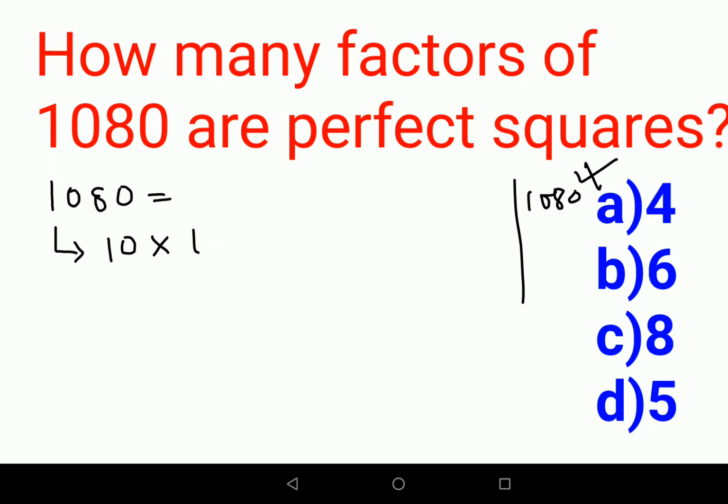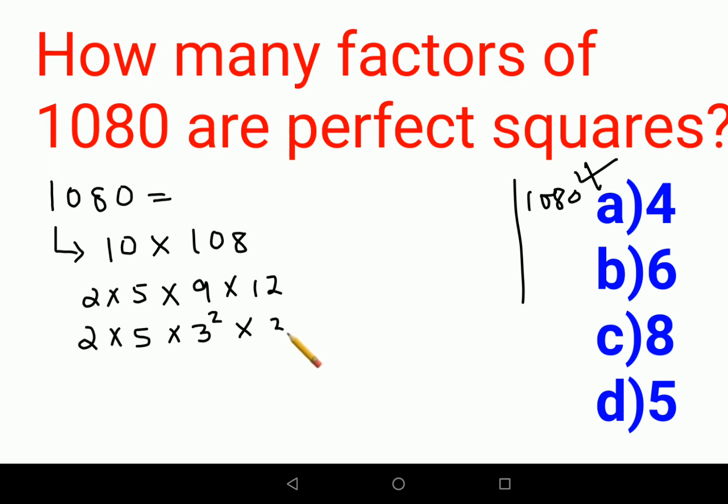Okay, I can write this as nothing but what? 108 into 10, where 10 can be written as 2 into 5, and 108 can be written as 9 into 12. So this is 2 into 5 into 3 square into 12, and 12 can be written as 3 into 4. So 3 into 2 square. 4 is 2 square, right? So from here, very easily I can figure out that the prime factors are what? 1, 2 and then 2 square. So how much? 2 cube. Here 3 square and 3, that is 3 cube. Okay, and then we have just a single 5.